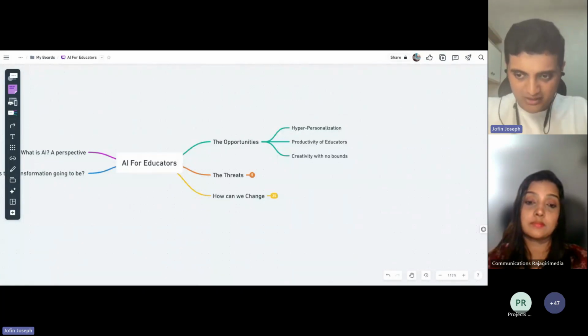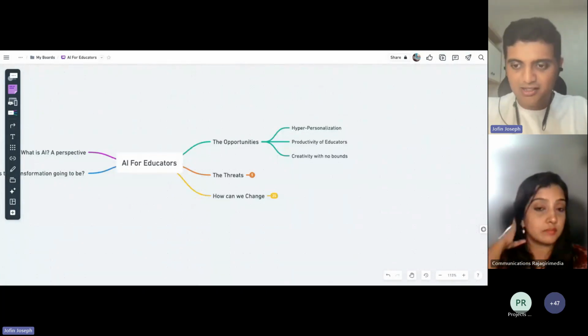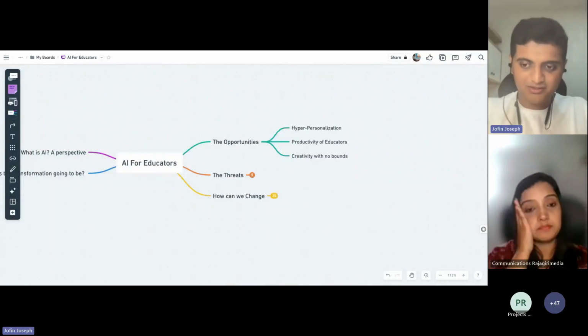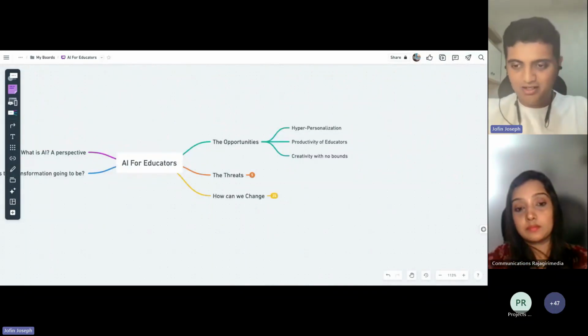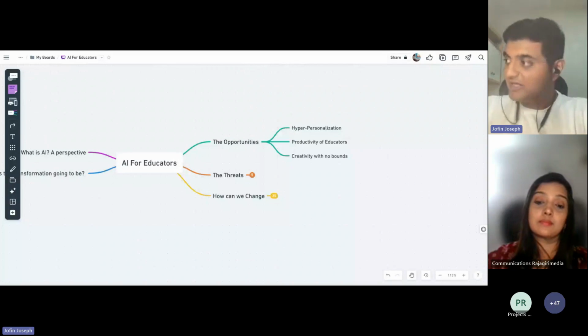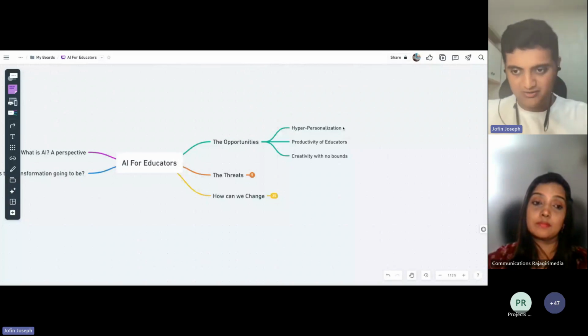Once it is created, for each student in your class, you can create personalized assessments in 5 minutes, right? Now look at the power it has. It's basically doing what you want to do. It's like you have a junior assistant whom you are telling, this is what you need to be doing, and I want these things, and that is where personalization comes into the picture, which also takes us to the second point, which is productivity for educators, right?